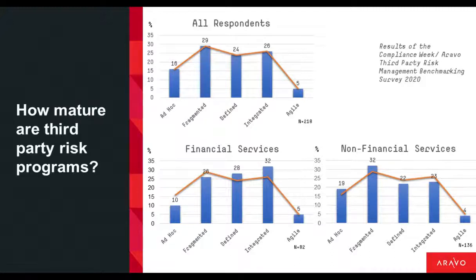We took these results and broke them down into respondents from financial services firms and from non-financial services firms. Sometimes we find that those in financial services, just because of some of the regulatory attention that's applied on third-party risk, tend to be slightly more mature, and we kind of saw this in the results. There you can see that the financial services demographic tend to lean slightly towards the more mature end of the scale than those non-financial services organisations, which tended to be marginally less mature, but there weren't significant differences there.